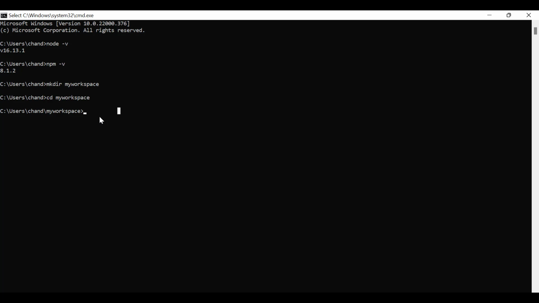So the next command that I have to write is npx create-react-app, and then I have to put the project name. So I can say my-react-demo. This is the project name. You can write anything instead of this, but the command is npx create-react-app. This is the command, and this one is the name of the project.